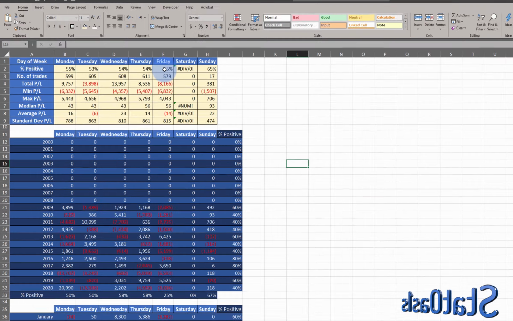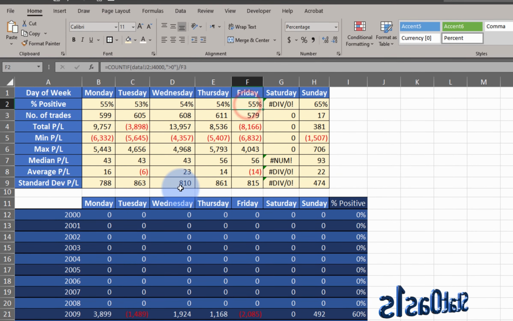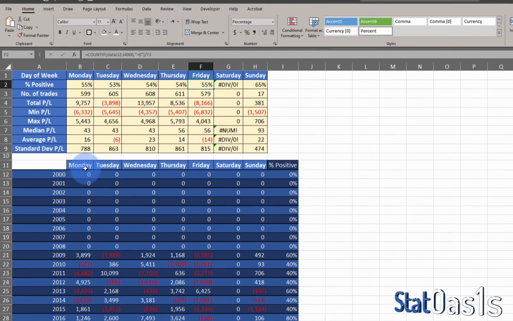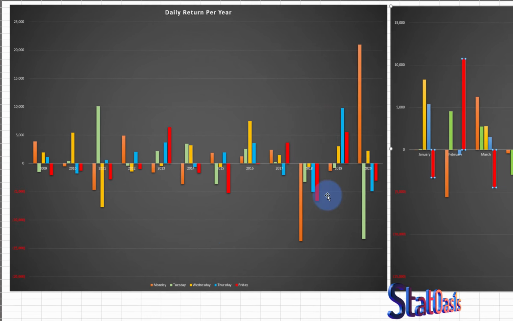they all have a positive edge, even Friday. But the total PL is different than every day. But they all have around the same median and around the same standard deviation. So we can see that it really has a positive bias, the S&P 500. Yes, some days do lose, but there is a positive bias. And now this is Monday through the years, and I did these in charts. So as you can see here,